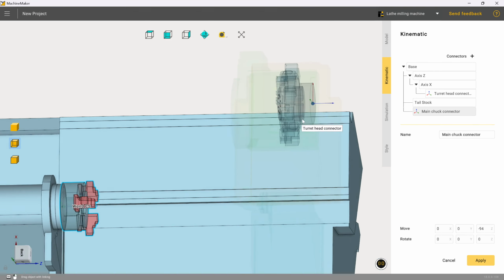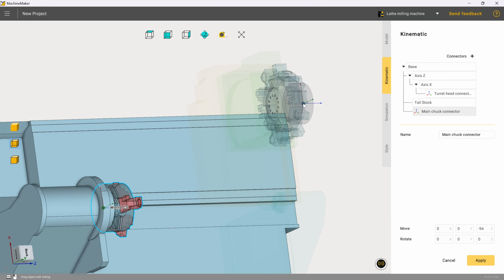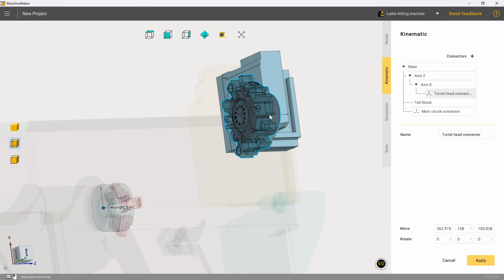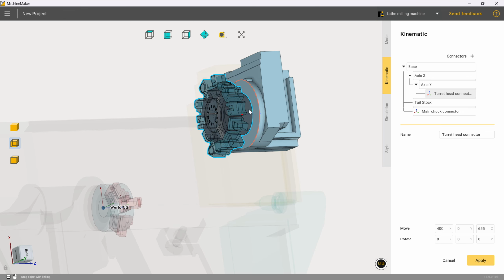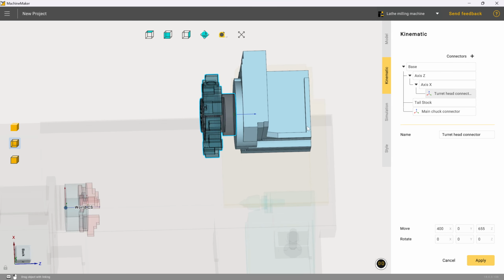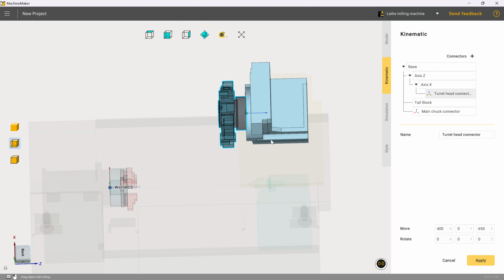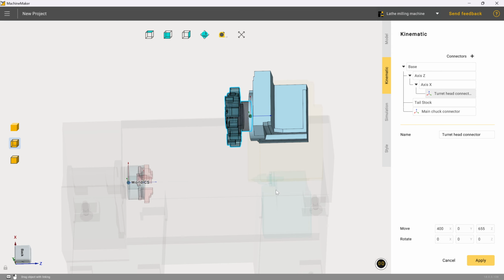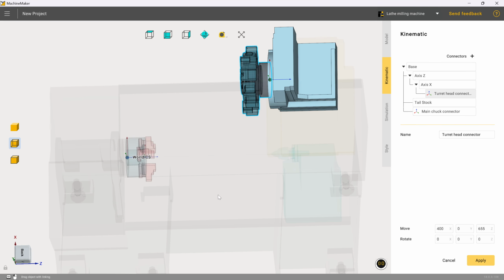And for the tool turret, we're going to do the same. So hold down Control, grab that, and again we want that orange highlight to be at the outer arc of the cylinder that we're centralizing this on. So those are now defined, which is great, and we are now going to define the travel ranges for each